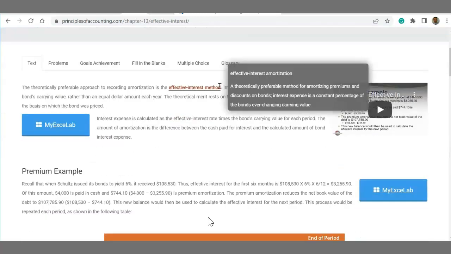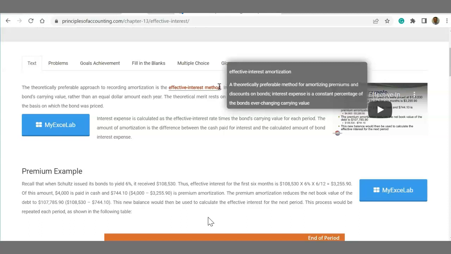So the effective interest method is a preferable method for amortizing premium and discounts on bonds. Interest expense is a constant percentage of the bond's ever-changing carrying value. So the interest expense will be calculated based on the bond's constantly changing carrying value for the year that you are providing